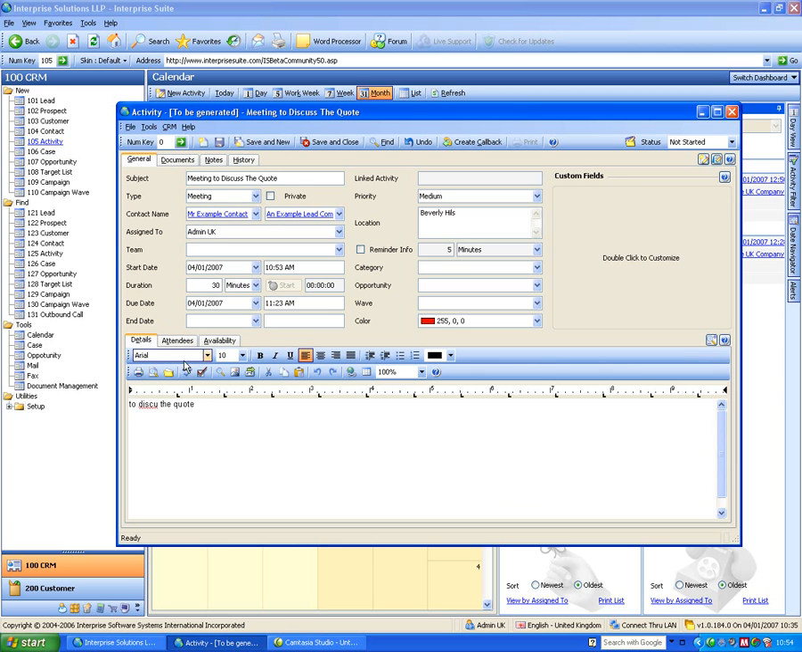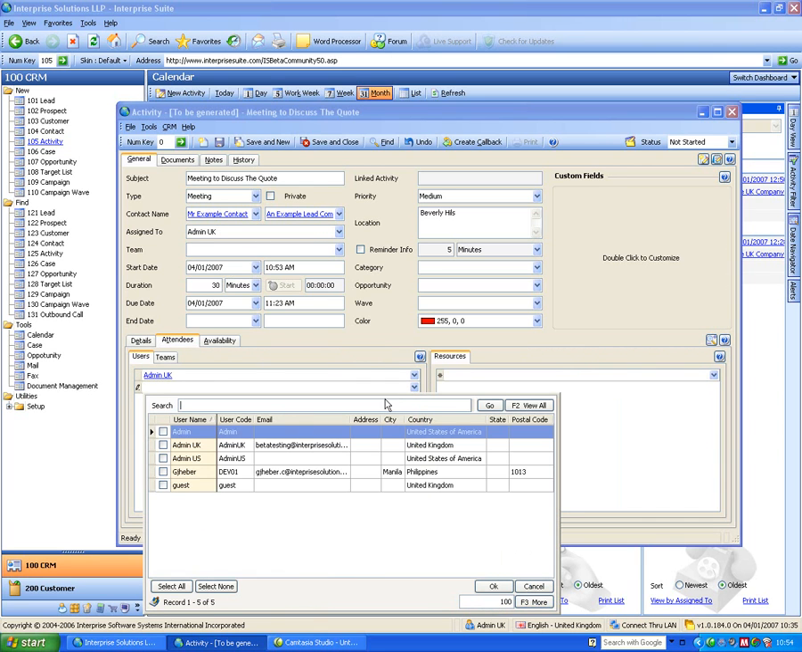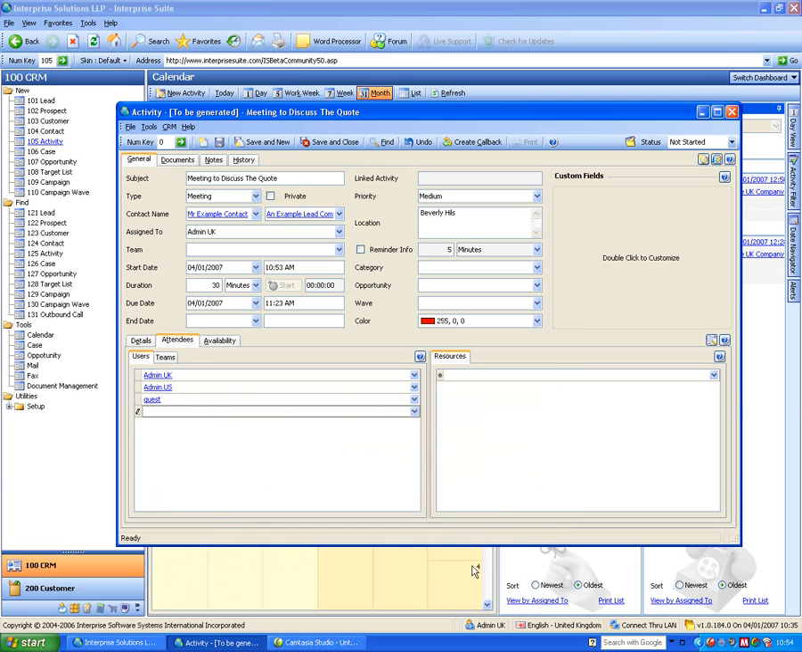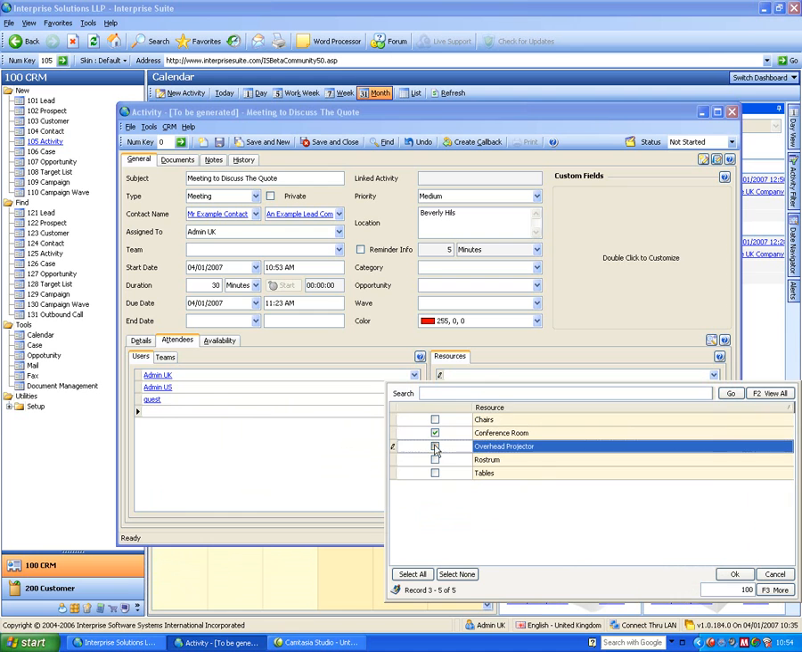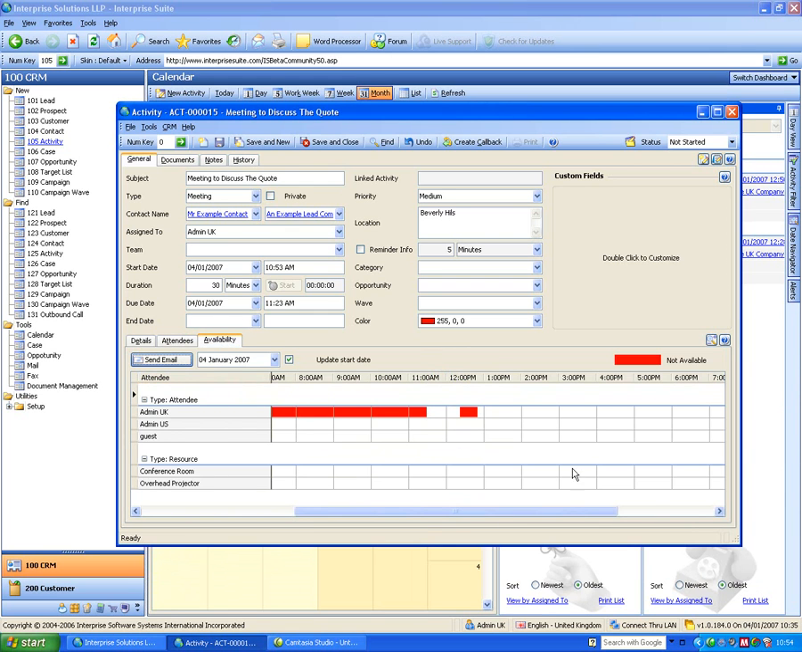I can also have some other attendees in the meeting. Let's say I want to have admin, US in, and guest to be also in on the meeting. And I also need the conference room and the projector. So what I can do now is look at the availability of the people and the